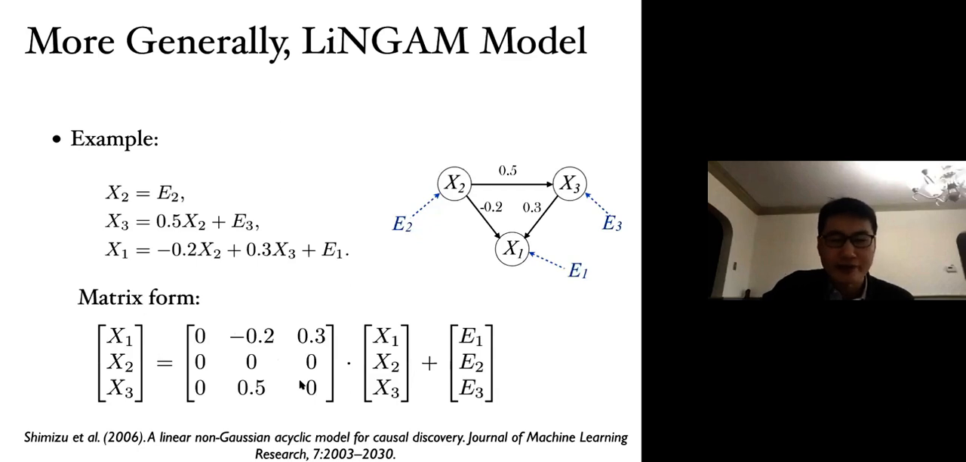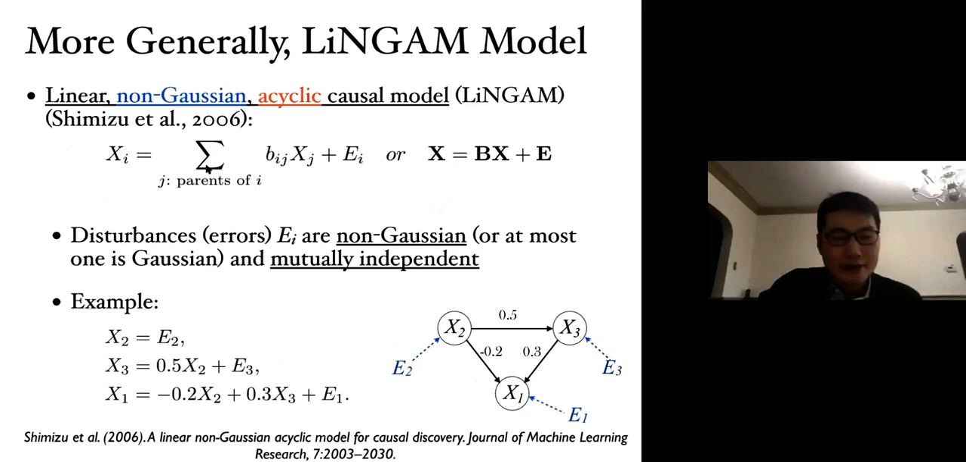And the problem is how you can recover this matrix from data. Generally speaking, we have this matrix form to represent the causal relations. And the problem is how you can recover this structure from data. If you assume all noise terms or disturbances, the Ei's, are non-Gaussian, and also they are assumed to be mutually independent,